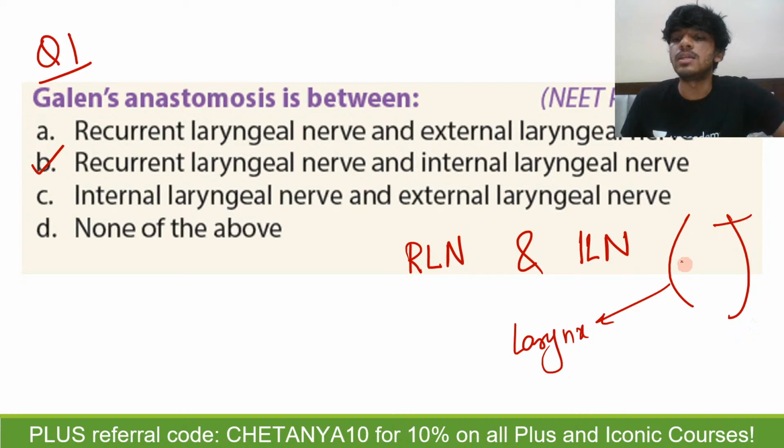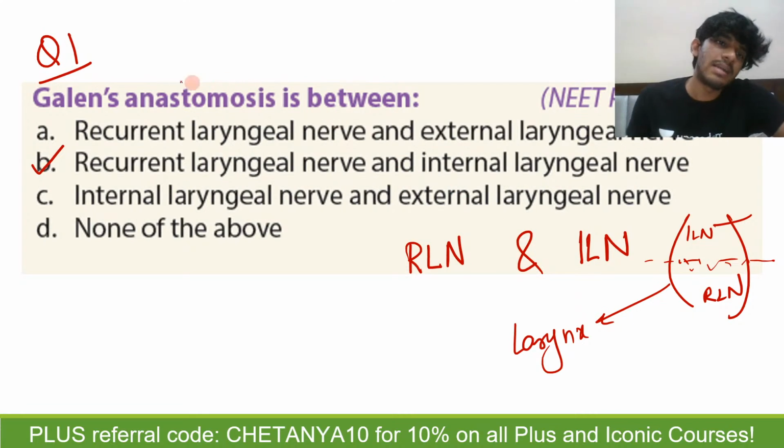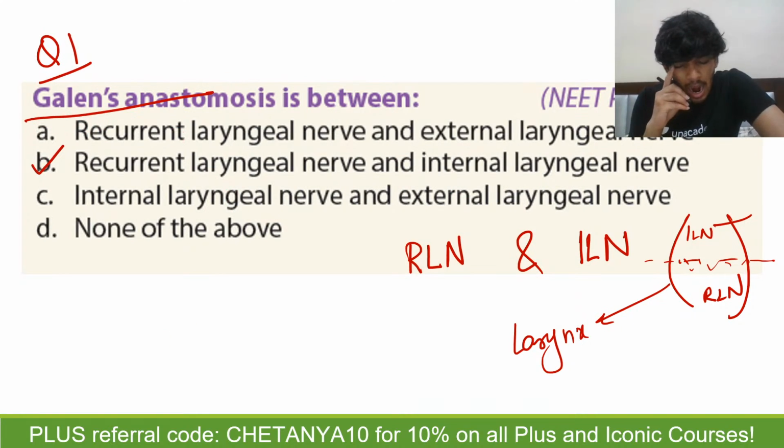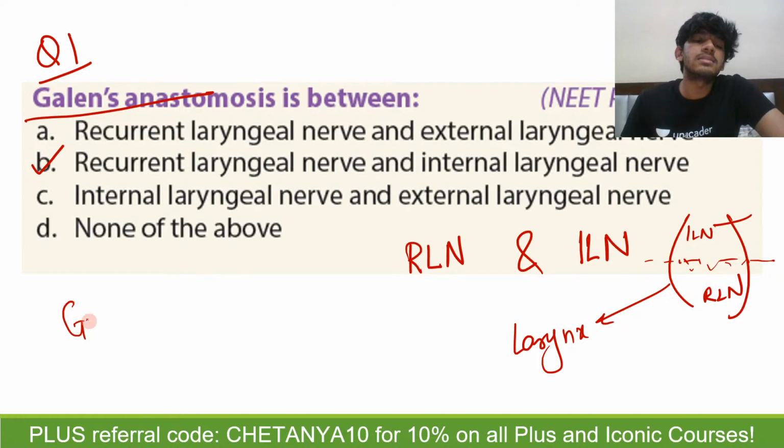Which one was on top? So this was your vocal cord. So above, the internal laryngeal nerve was supplying, below, the recurrent laryngeal nerve was supplying. So there is some overlapping area where there will be an anastomosis, and that is just simply known as Galen's anastomosis. Now there is an artery, or there is a vein, sorry, there's a vein known as the great cerebral